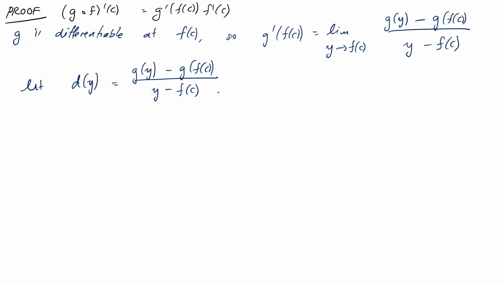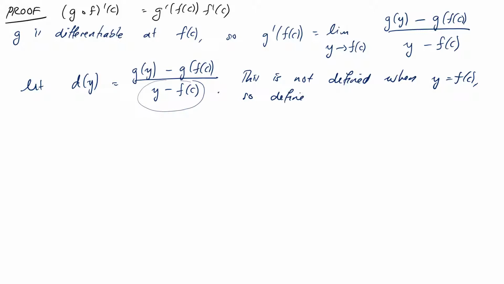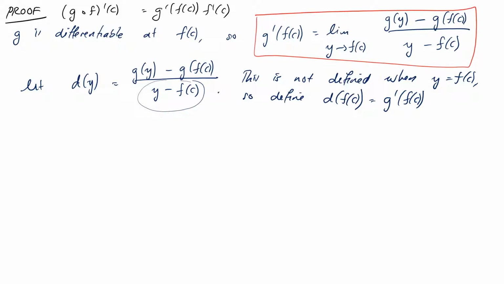At the moment, this is not defined when y is equal to f of c, because it will put a 0 on the bottom here. But if we define that value, d of f of c, to equal g prime of f of c, then that makes sense, and that will make our function continuous. So this is not defined when y equals f of c. So define d of f of c to equal g prime of f of c. That makes sense. It matches what we've written down up here,